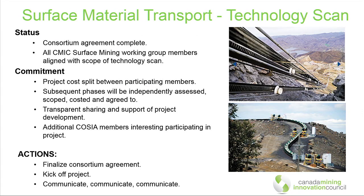So where are we right now? Well, we've got the consortium agreement in place. We've got alignment with the CMIC surface mining working group members. We've got commitments around how we're going to support this work, and we've established the principles of how we're going to work together, in particular around we're going to share everything, and we're going to be completely transparent in the